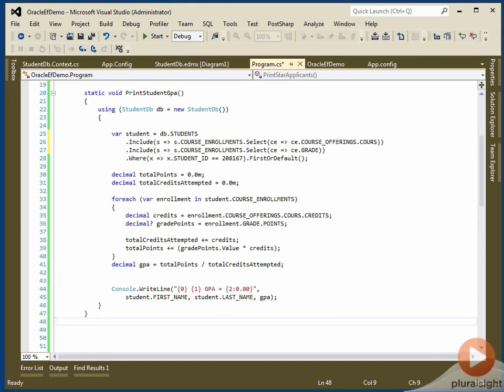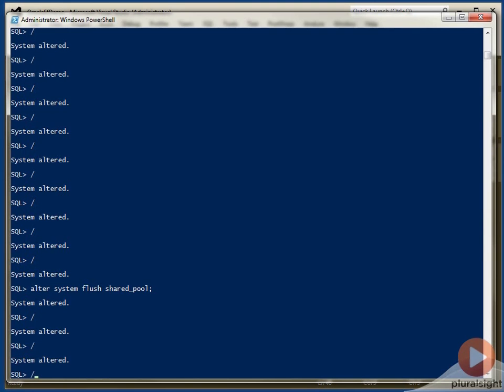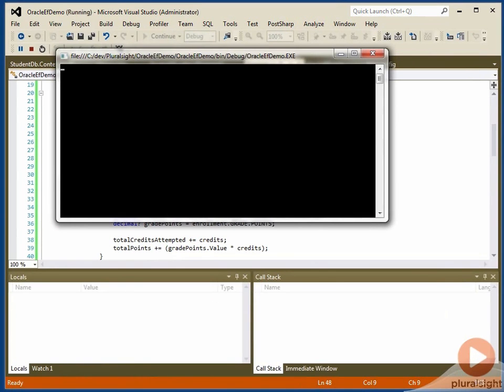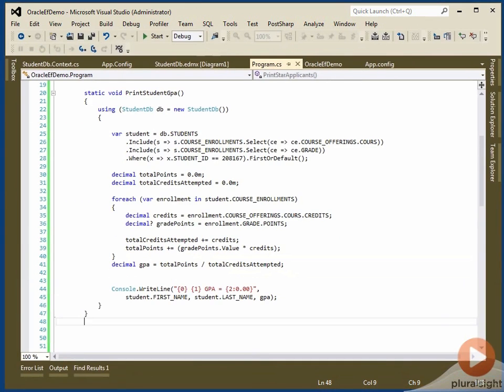Before we run it, though, we'll go over and we'll clear out our shared SQL area again so we're starting fresh. There we go. And now we will run this again. We get the same answer for GPA, which is always a good start. And if we go back to SQL Developer,